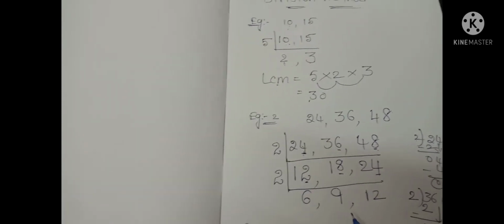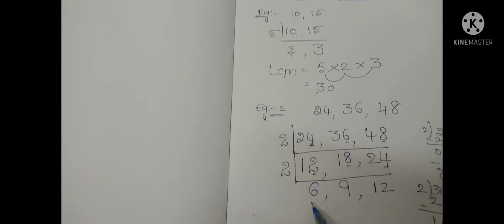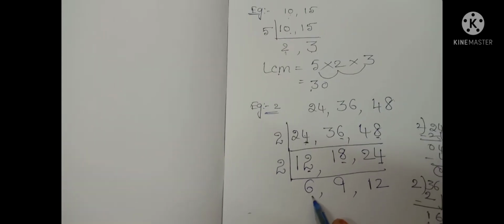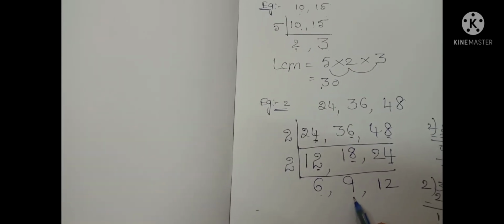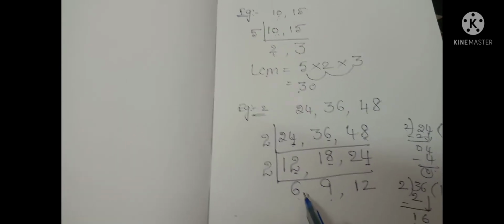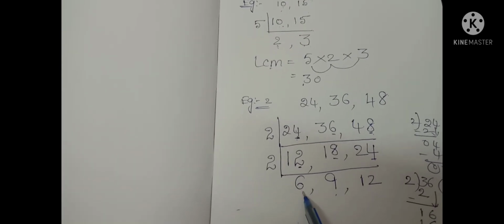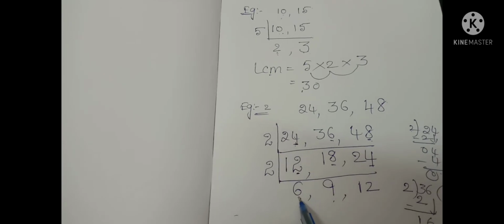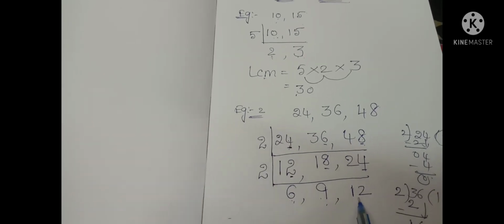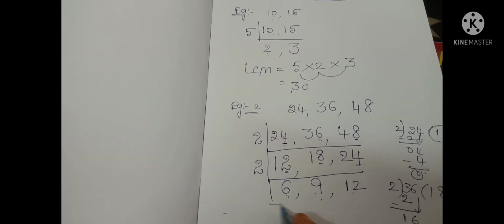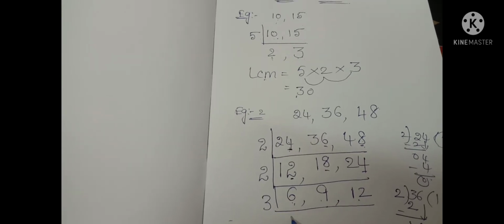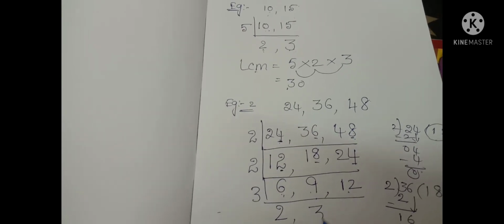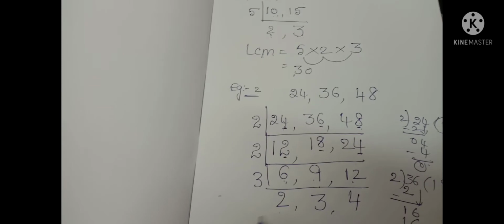Again you can check whether these 3 numbers are possible in the same table or not. Possible means you can take it. Suppose I am taking the 2 table. In the 2 table, 6 is possible, but 9 is not possible. Okay, leave it. Now I am taking the 3 table. In the 3 table, 6 is possible? Yes, possible. 3 2s are 6, 3 3s are 9, 3 4s are 12.